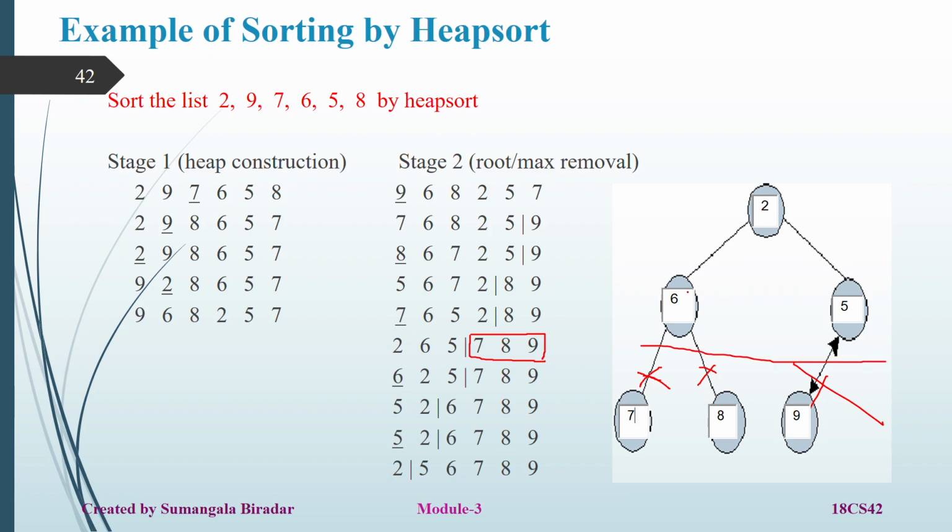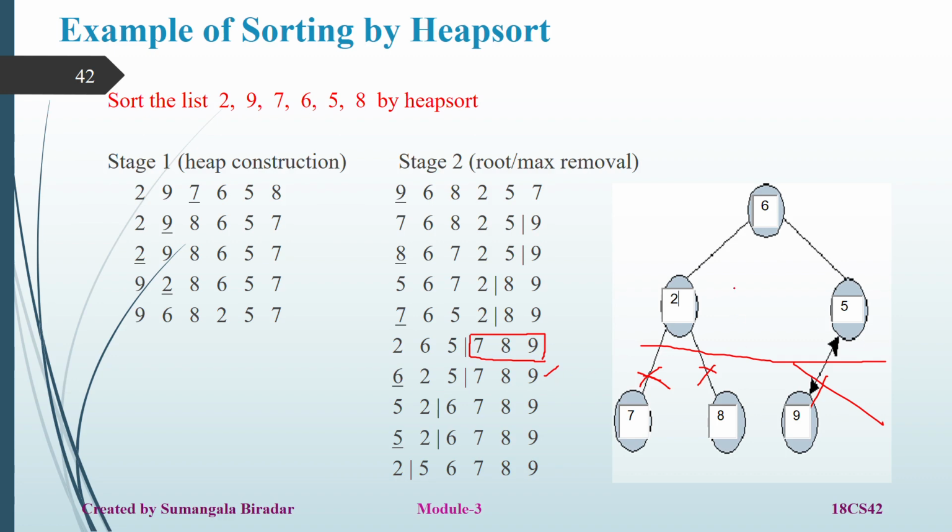Okay, is it a heap tree? No, because what is this parent node? 2. 2 is lesser than 6 and 5, but it must be greater. Greater means what you have to do now? 6 comes here, interchanging, okay, and 2 goes here. See, 6 to 5. In the next line, 6 to 5, and these are the nodes you already deleted here. So now this is the heap tree you have generated.